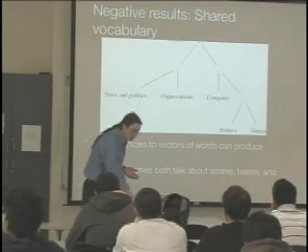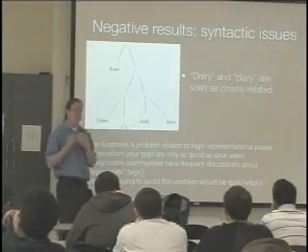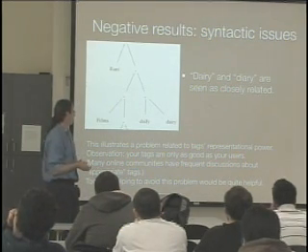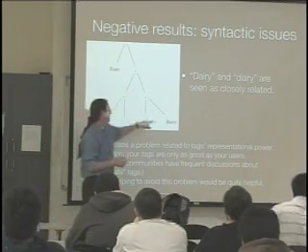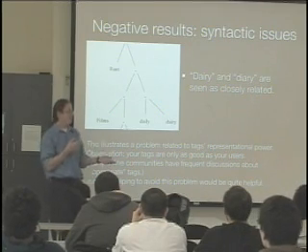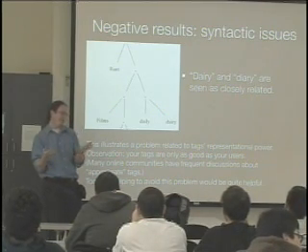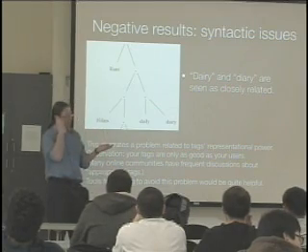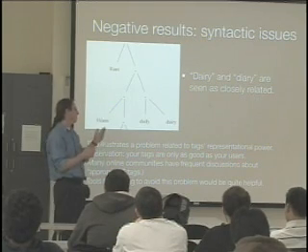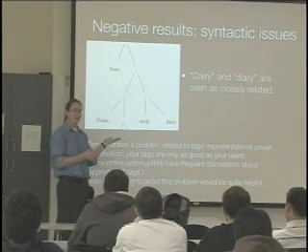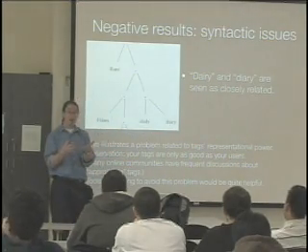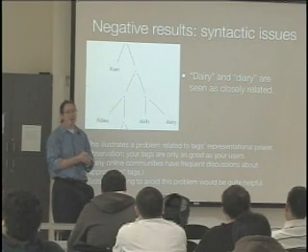A more subtle problem was that users don't do that great a job of tagging. This took us a while to figure out. We thought this was a bug for the longest time. It turned out that dairy and diary wound up being really closely related. What do cows have to do with teenage girls in high school? I don't understand it. Eventually we went through and looked at our code, what's going on, I don't get it. And eventually we realized it was just people misspelling diary. But because we're just looking at these things as syntactic entities, we're not looking at the meaning of that word, we're really susceptible to that kind of problem.